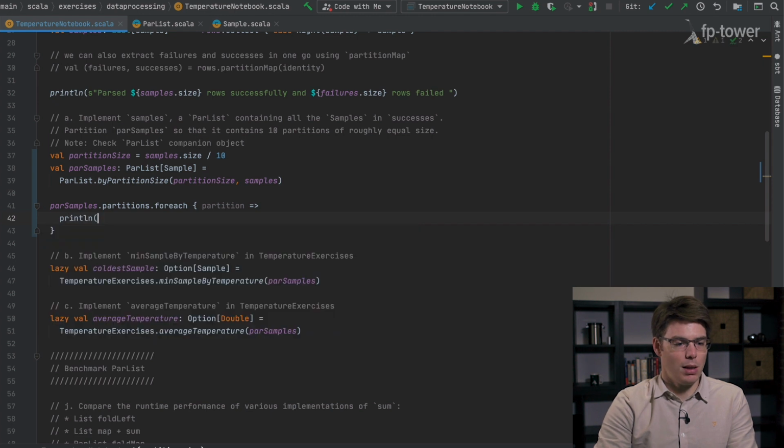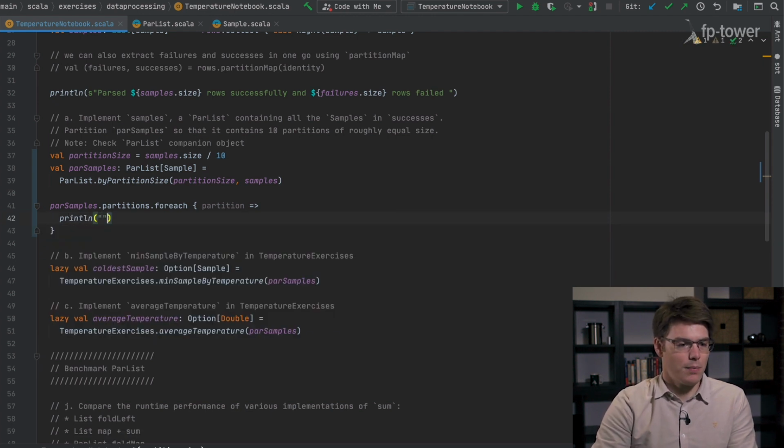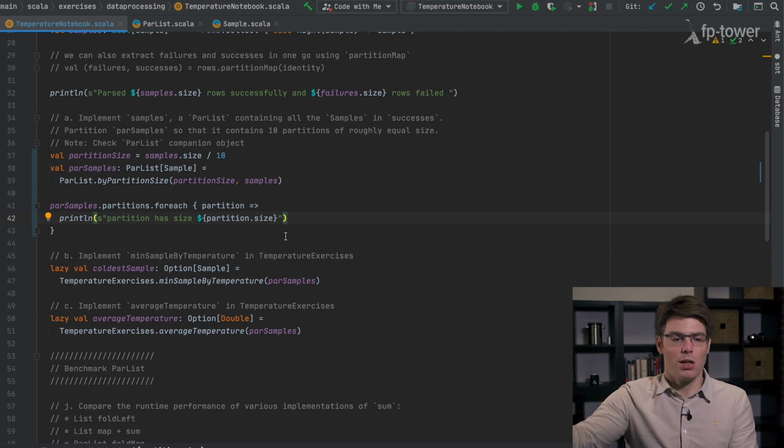So we could say println "partition has size", and here we say partition.size. I can never type partition correctly. Okay, so now if we print this, we'll see partition has size something, partition has size something.